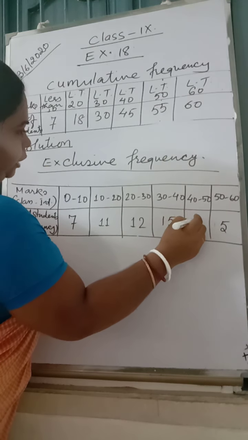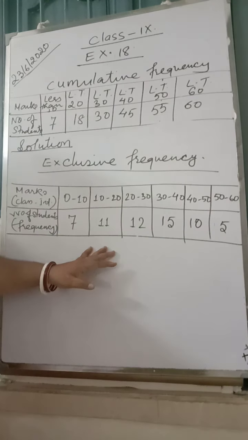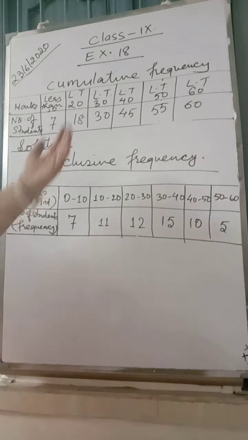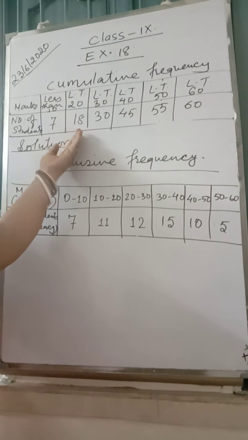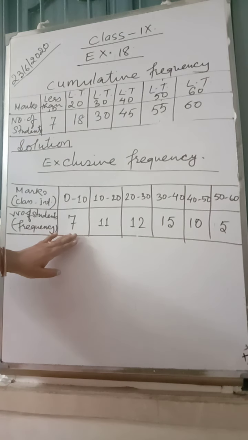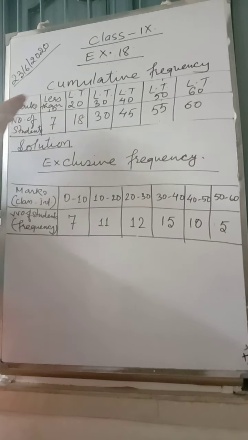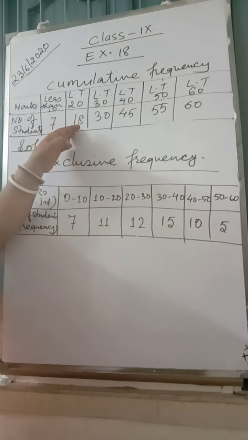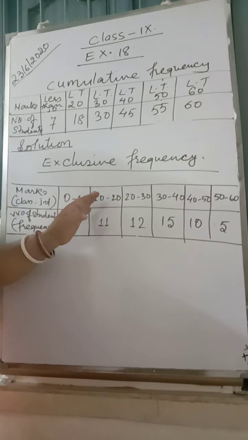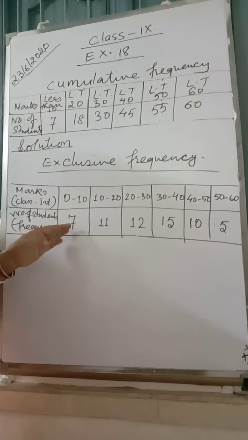Once again I am saying, when cumulative frequency is given, you have to get the frequency. How to get the frequency? Next frequency minus the previous frequency. The meaning is less than 10 there are 7, so 0 to 10 there are 7 people. Less than 20 there are 18 people, so in 18 this 7 is included. But here we have grouped it as between 10 to 20. So there are only 11 between 10 to 20, because the 7 are from the 0 to 10 group.